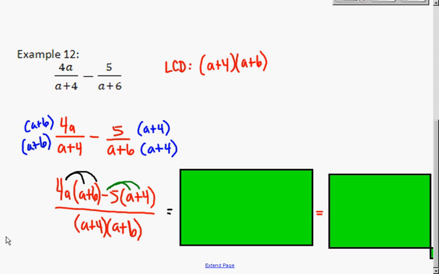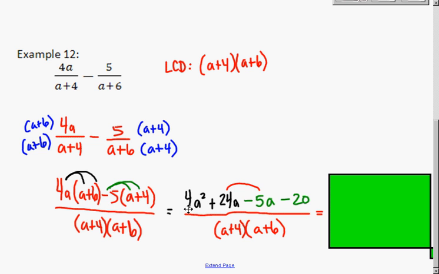Again, what I did in this next step is I just went ahead and rewrote it. So I had 4a, and I'm multiplying that by a plus 6. I have that negative 5 that I'm multiplying into a plus 4. And I just wrote it over my common denominator. When I did my distributive property,